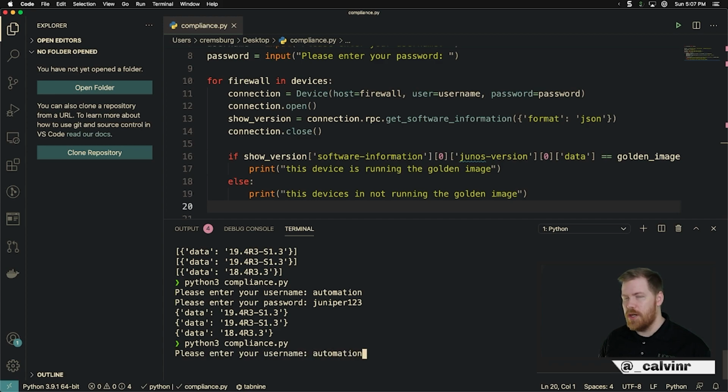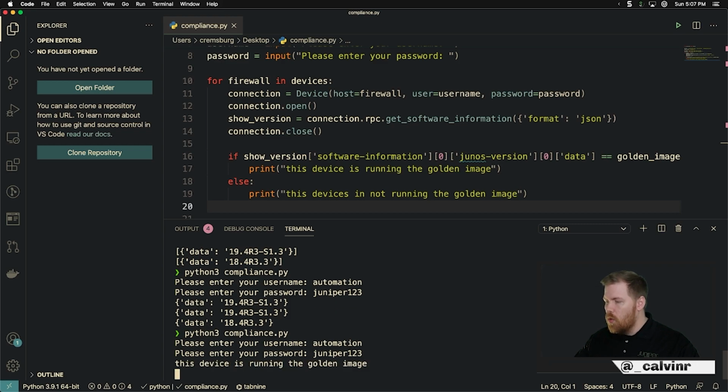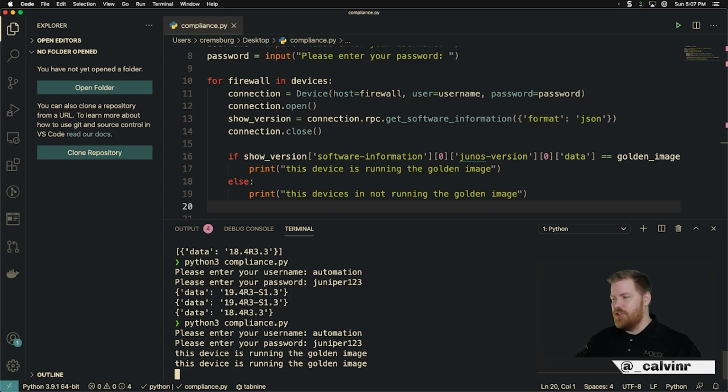I'm going to say the username is automation. The password is Juniper123. And we should get back now whether or not the device, the firewall, is running the golden image or if it is out of compliance. Now, one thing that we are not accounting for is we're not providing a very intuitive way of sharing what that device name is. And I'll cover that in just a second. How to get the device name and put it within this string right here,